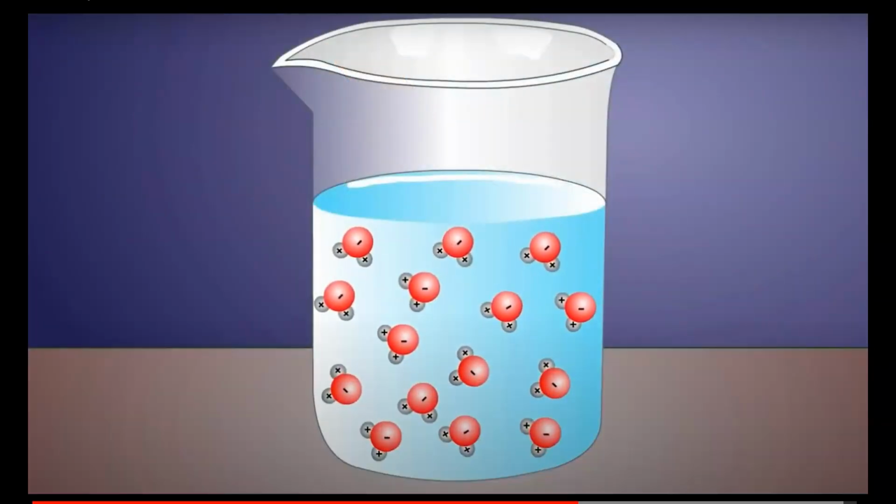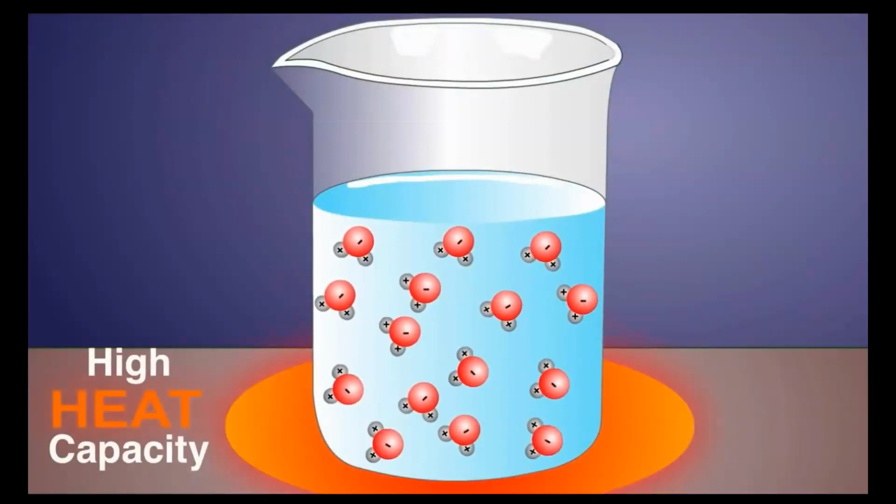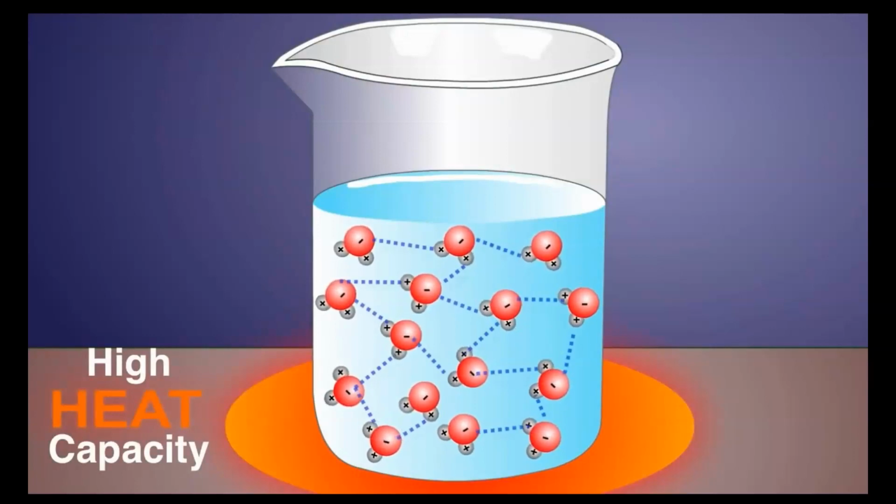So the next property of water is going to be its high capacity for heat, meaning that water can basically hold a ton of heat energy. And one of the reasons for that is because it requires a bunch of energy to break those hydrogen bonds between the separate water molecules. Let's go ahead and dive into this a little more deeply. Make sure you're getting down good notes here on why water has a high heat capacity. Water has a high capacity for heat. What this means is that the many hydrogen bonds that link water molecules